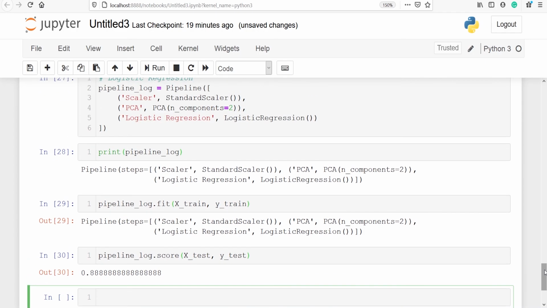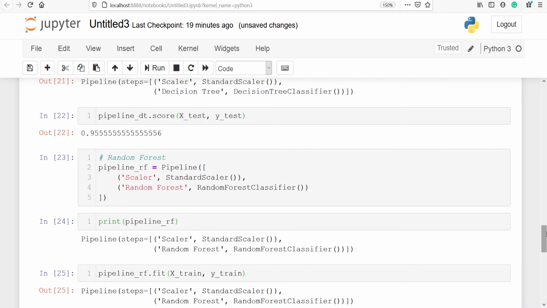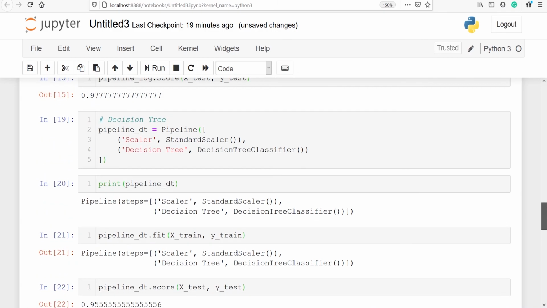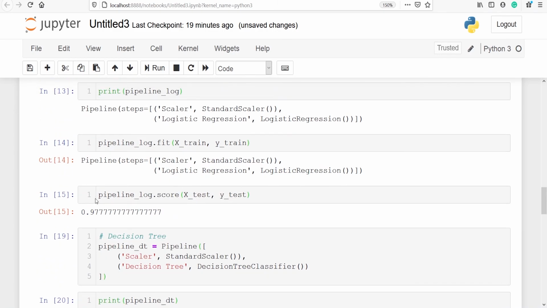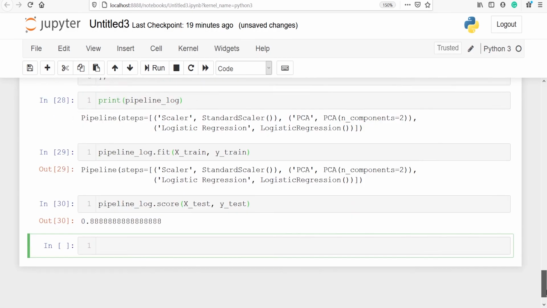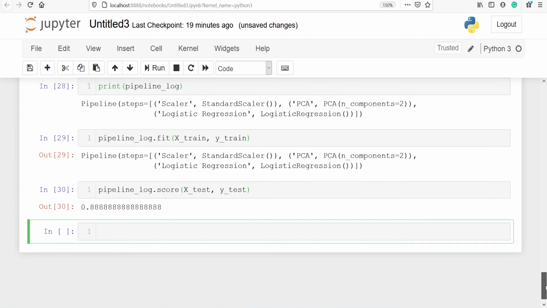But without applying the PCA, our accuracy for logistic regression was 97%. So after applying PCA, we see no improvement in the model. So we will not prefer to apply PCA. We will develop our model without applying PCA. So in this tutorial, you have seen how we can apply different feature transformations in pipeline.